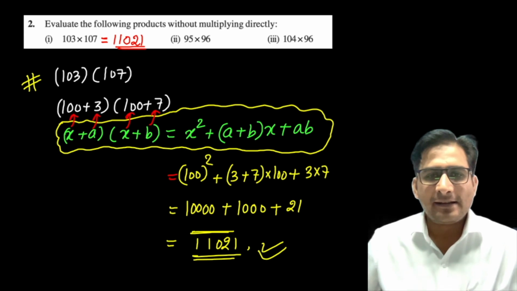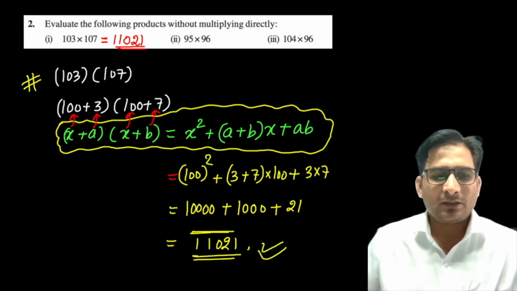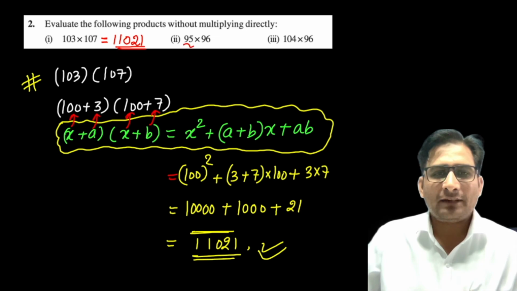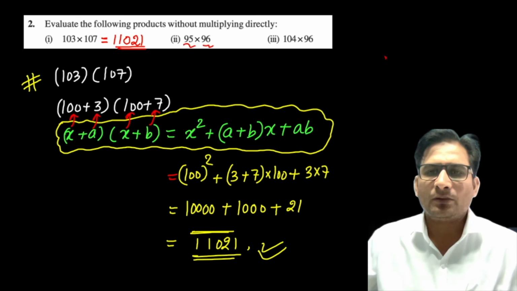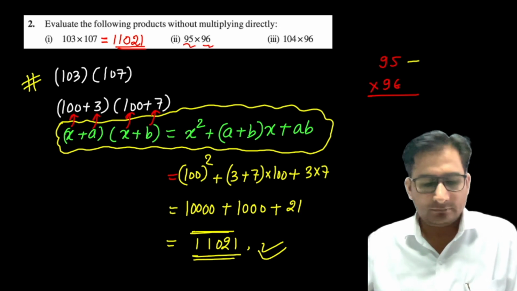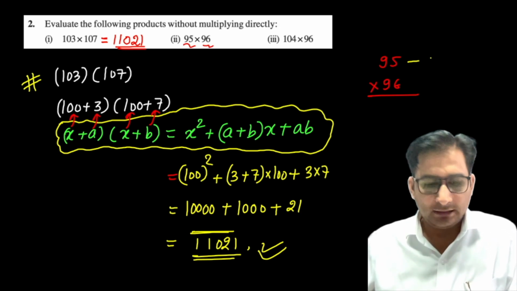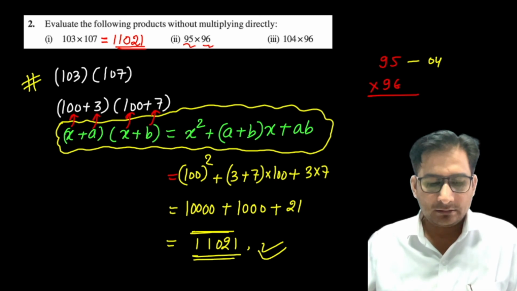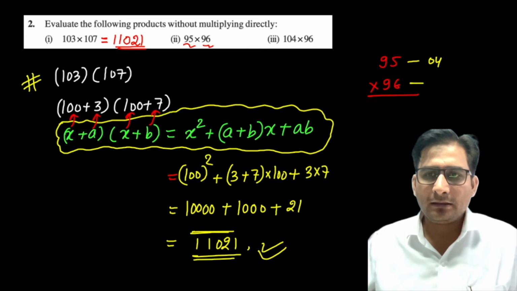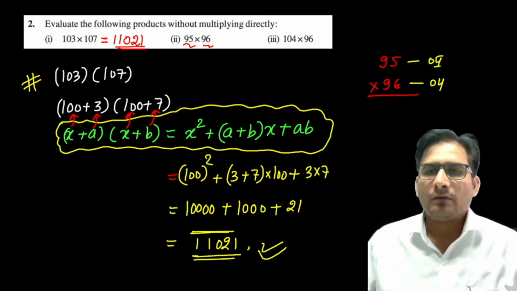राइट? अभी मैं आप लोगों को ये नेक्स्ट क्लास में बताऊंगा. कोई मुझे रिमाइंड करा देना कि 95 को 96 से, तो मैं चलो बता देता हूँ. 95 को 96 से, अगर ये 100 से कम है नंबर, तो ये नंबर कितना कम है 100 से? सर 5 और 4. ये 100 से 4 कम है. और ये नंबर कितना कम है? 5 कम है. सॉरी 5 कम है. ये नंबर कितना कम है? 4 कम है. ये 96 तो 4 कम है 100 से, और 95 ये.